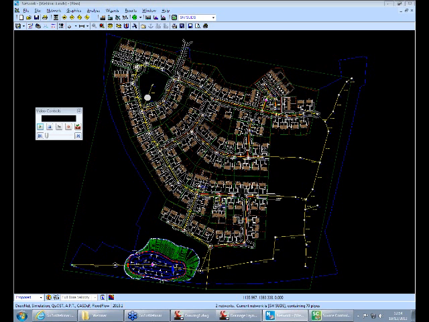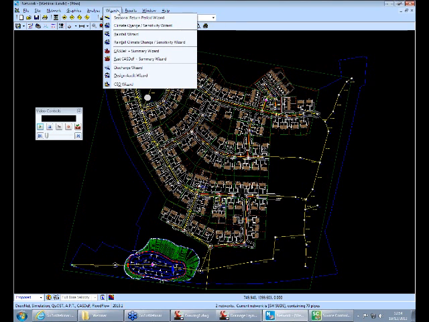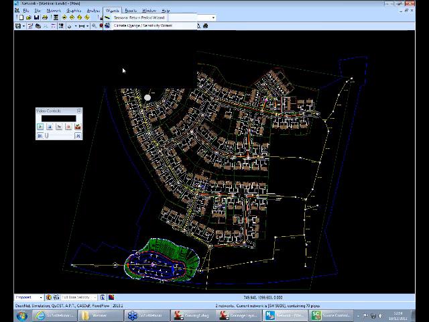What I'll do now in this session is use James's design to show how we can audit this particular service water system, and also show you the BIM functions that we now have built into WinDes 2013. So if I go to the wizards drop-down at the top of the screen, you can see that there's an extra wizard here. We now have 9 different wizards that you can run, and I'm going to use the Discharge wizard. So if I click on the Discharge wizard option,